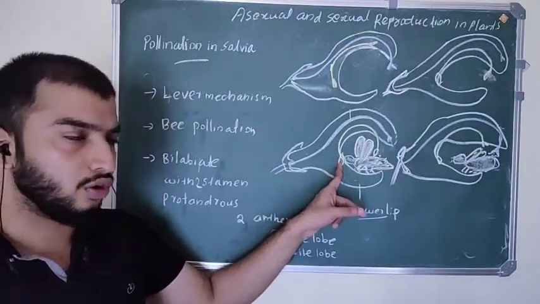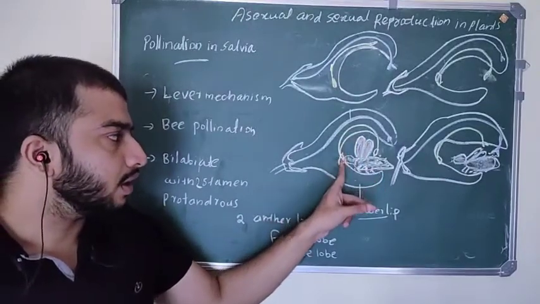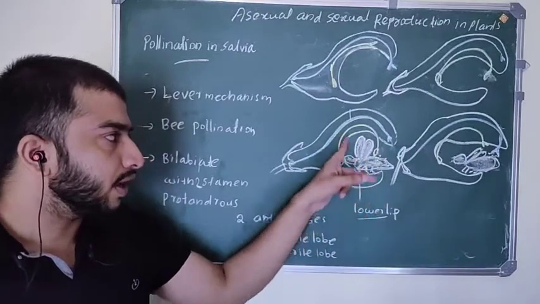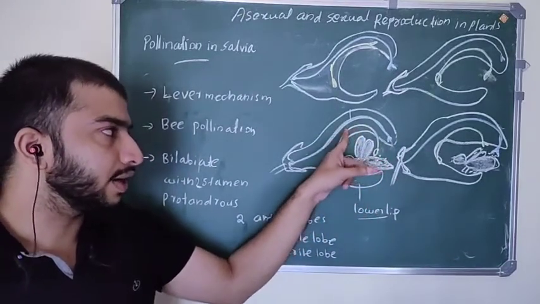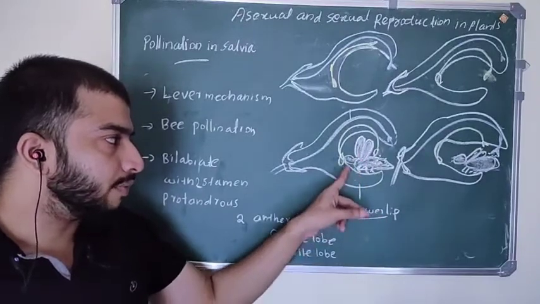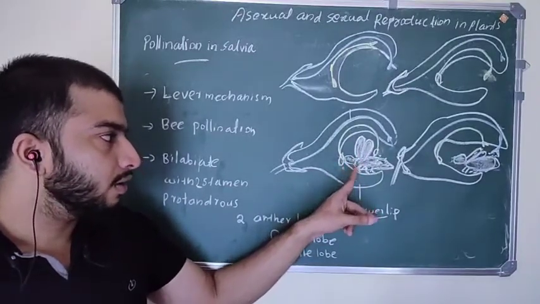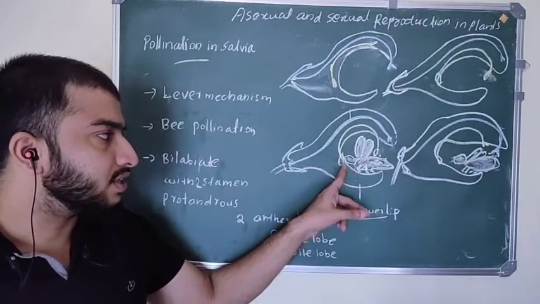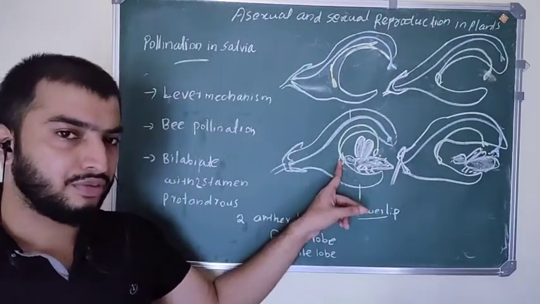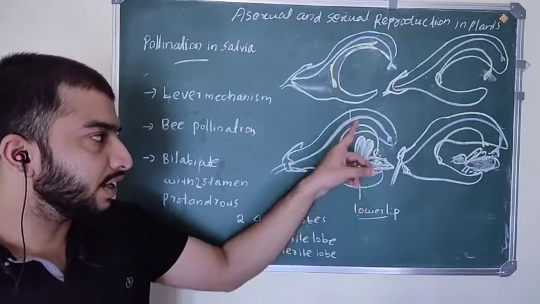Here there is one anther with a sterile anther lobe and a fertile anther lobe, and these two lobes are connected by the connective. So the bee sits on the lower lip and gets nectar. What happens here? They strike or push on the sterile end of the connective, which results in